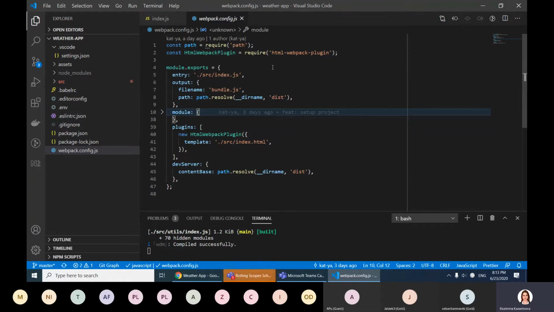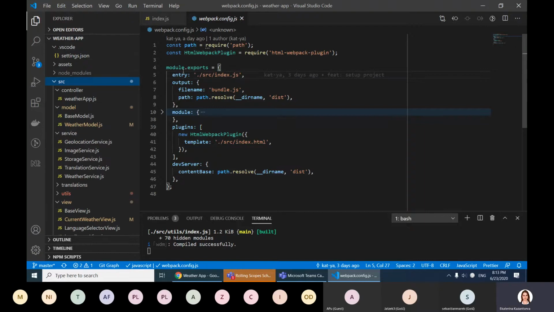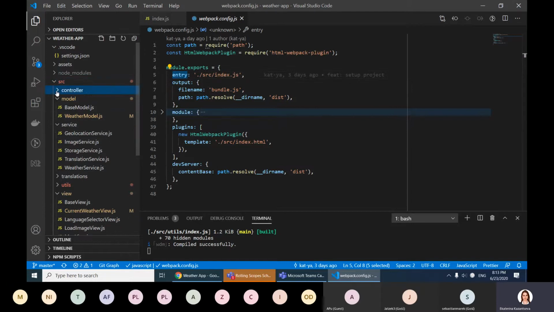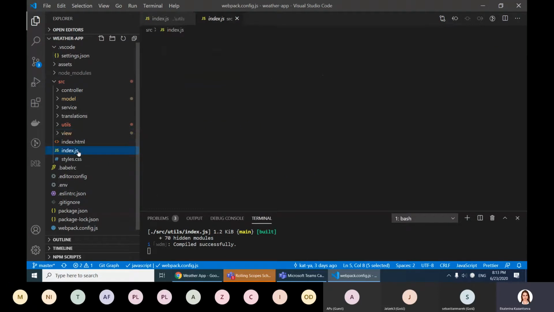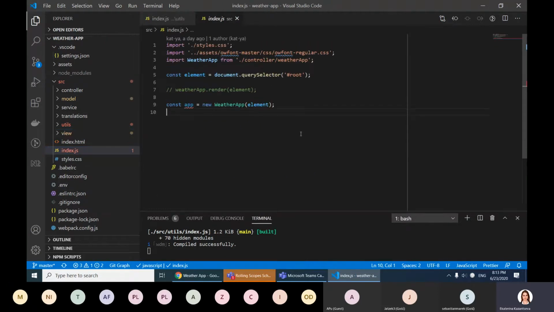So let's take a quick look at that. The Webpack config file helps Webpack know what to do. Let's see, for example, the entry file. So here we state, well, our entry file is the source index. And if we take a look at my project, we can see this index file right here, and it's going to be the first file that Webpack is going to take a look at, and it's going to bundle everything